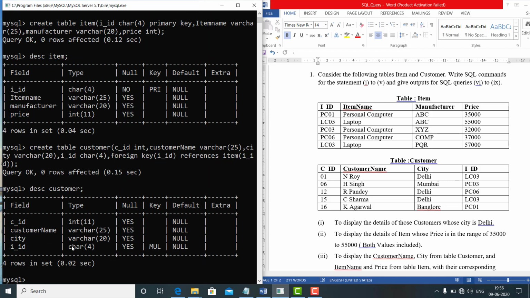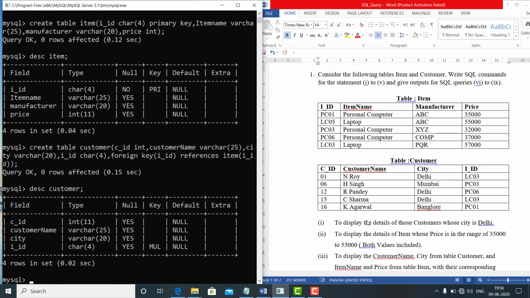So you can see here the IID is showing MUL, which means a multiple relation, meaning the record will come from the item table. Clear? So first we have to insert all these records into the item table, and then we are able to insert records into the customer table.